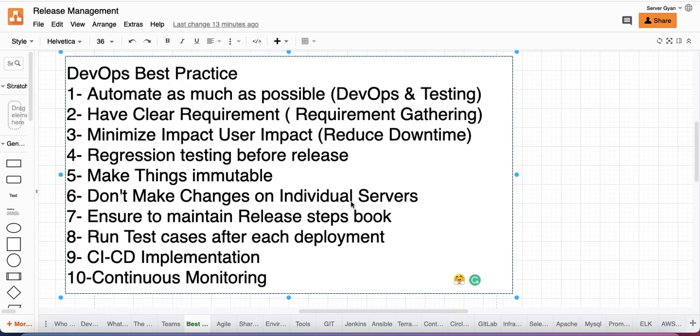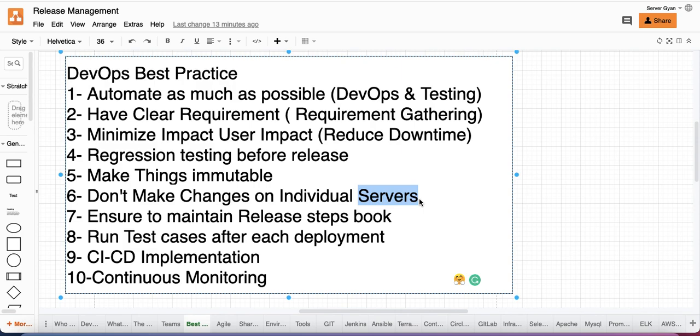What does it mean? Let us say we have 5 to 6 application servers, maybe 500 or maybe 600 application servers. The number of servers could be any. So rather than making changes on individual servers, we should be doing it in an automated manner, as we already discussed that DevOps is a particular methodology where multiple tools are involved. So rather than making changes on individual servers, let us say we are going to do deployment in such an environment where auto scaling group is being used.